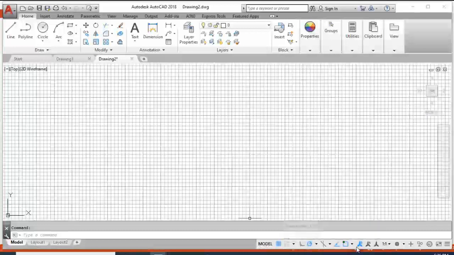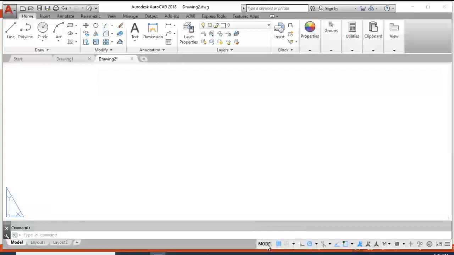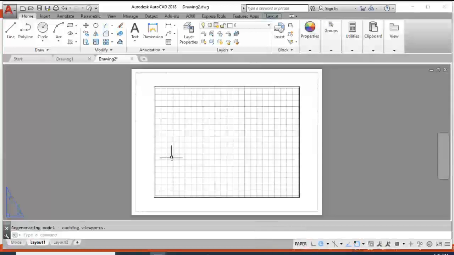Drafting settings. I think in America they call it drafting, the British call it drawing, and I'm from Africa, so we follow British drawing. Now this is the drafting settings or drawing settings toolbar. Here we have the model or paper space. So when you click it, it's going to change your drawing interface to paper space. This is where you prepare your drawing for